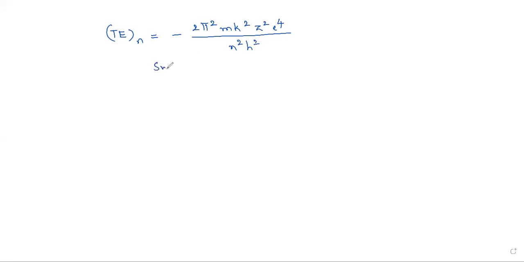Substituting the values of pi, m, k, e, and h, except z and n, we get the total energy of electron in nth orbit as